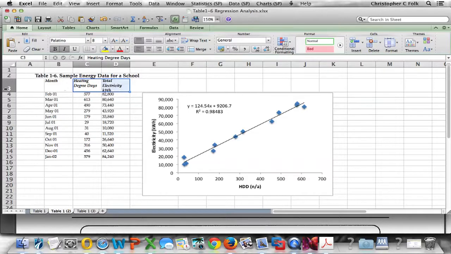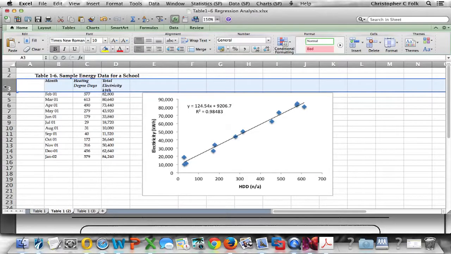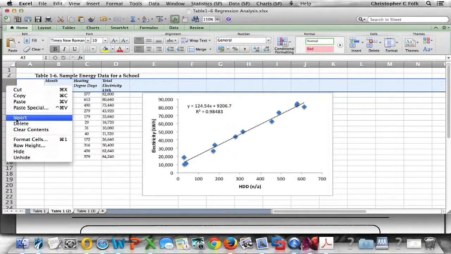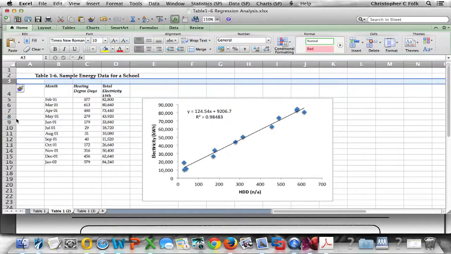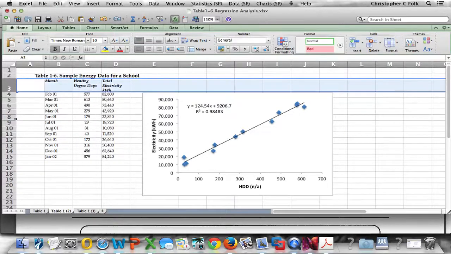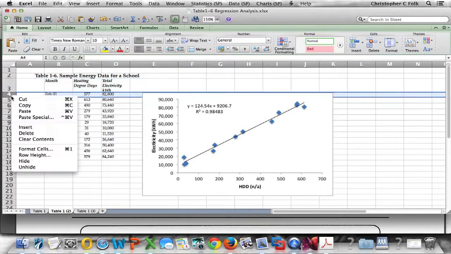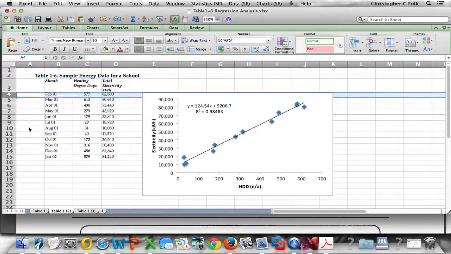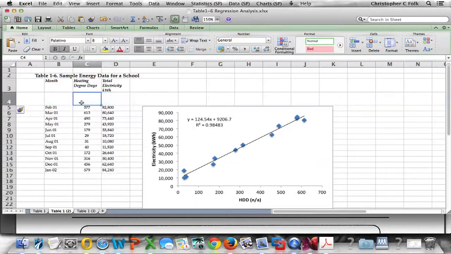Before we do that, I want to insert a line. Undo with the Control Z. I'm going to insert a line above here. Okay, because I want this to be HDD and I want this to be KWH. Okay, I also want these to be right above it, and I'll even take month. Command C, Command V,